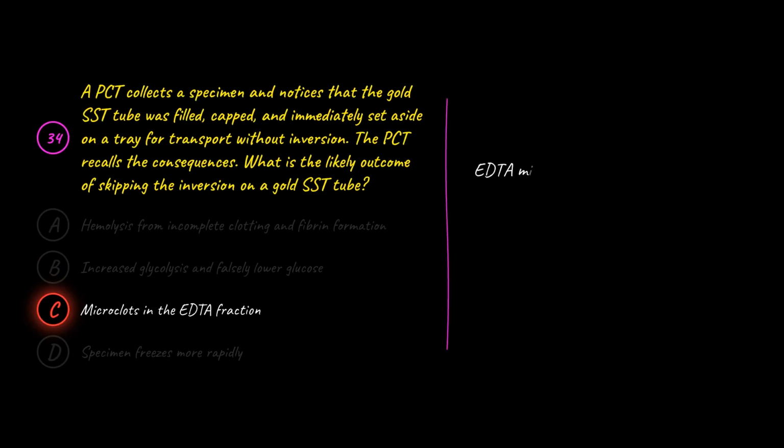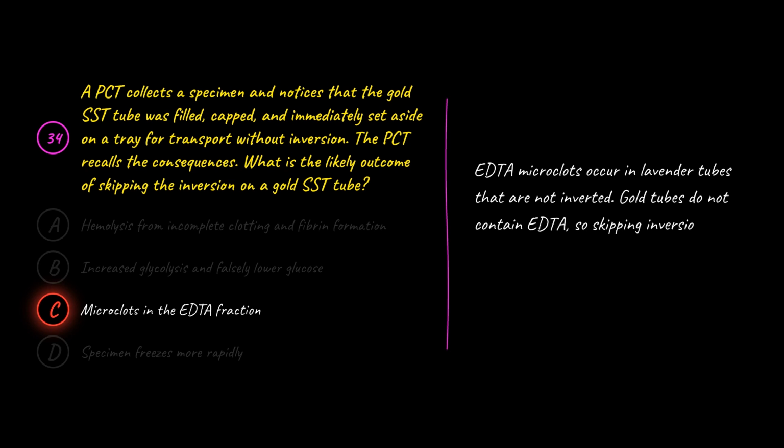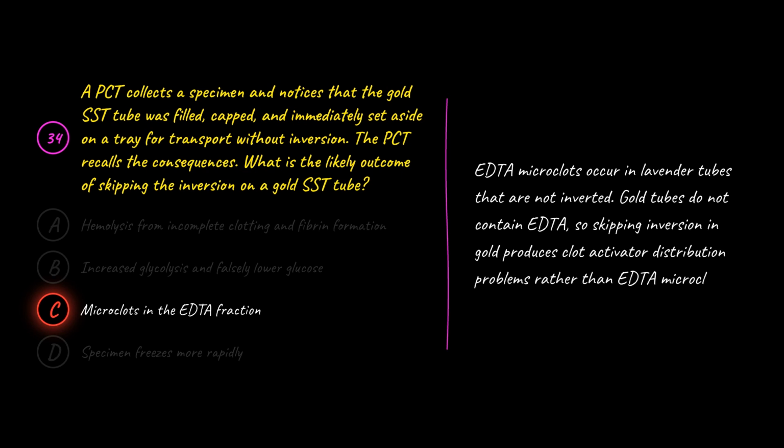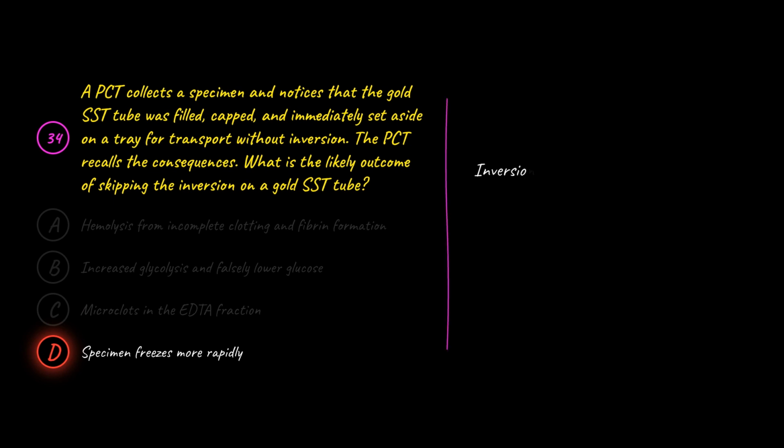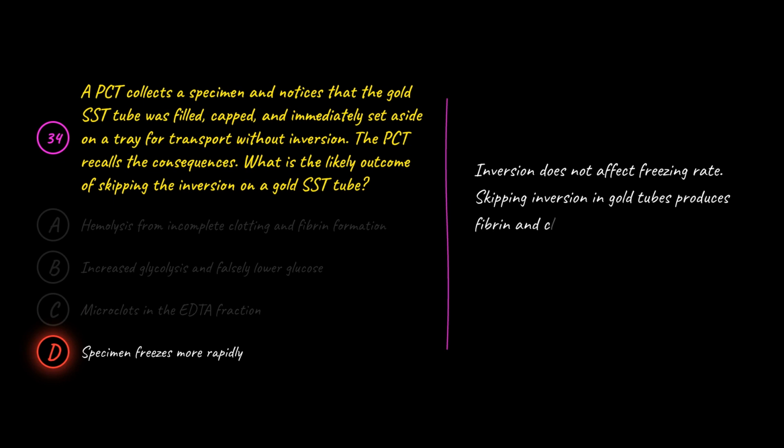C is wrong because EDTA microclots occur in lavender tubes that are not inverted. Gold tubes do not contain EDTA, so skipping inversion in gold produces clot-activator distribution problems rather than EDTA microclot formation. D is wrong because inversion does not affect freezing rate. Skipping inversion in gold tubes produces fibrin and clot activator issues, with no relationship to whether the specimen subsequently freezes